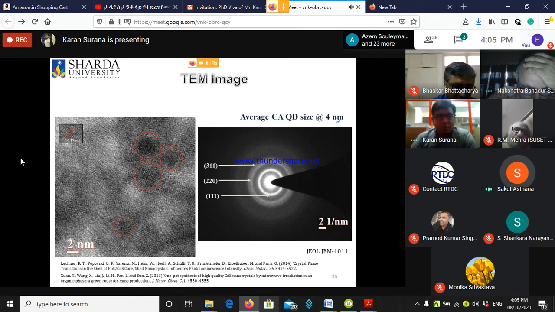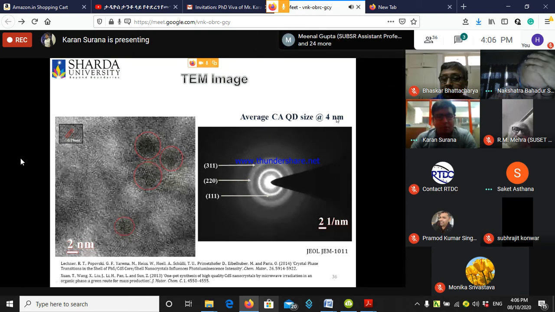Okay. So is there any difference between crystallite size and particle size, or are both the same thing? No, sir, there is a difference. Crystallite is the single crystal size, but particles are an agglomeration of crystallites. So in your case, with these sizes, I am assuming that your particle size is almost equivalent to the crystallite size. Is it correct? Yes, sir, almost equivalent. There is a minor difference between them.